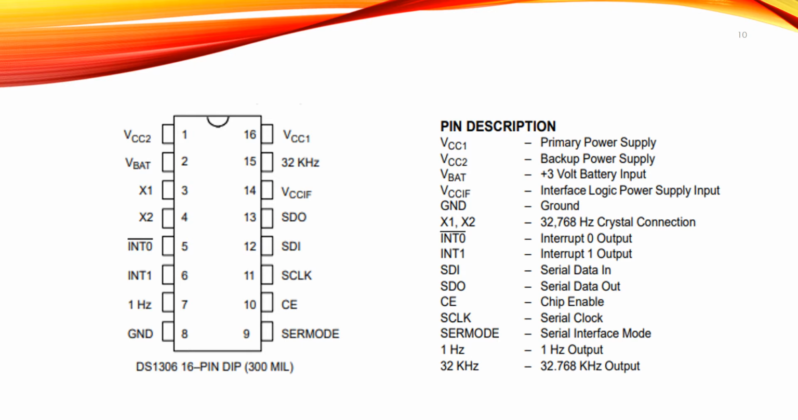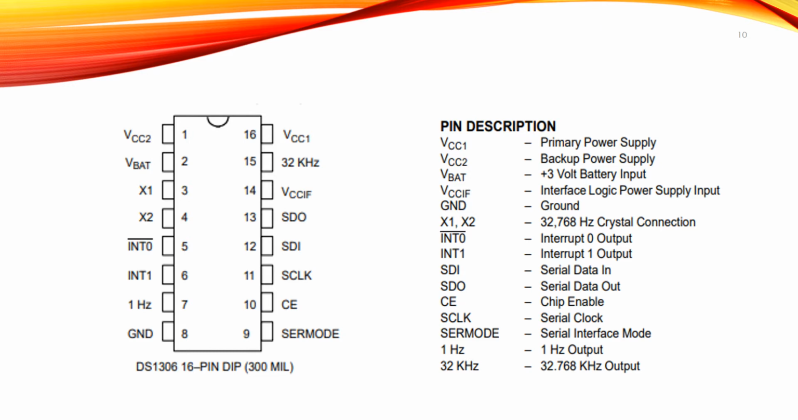Now let us move to the pin description. Actually, I have repeated the features just to make it very clear that for a specific device there are some small changes as well. Now as far as pins are considered, here you can see VCC1, VCC2 primary power supply and backup power supply, VBAT is plus 3 volt battery input, VCCIF is interface logic power supply input, ground,